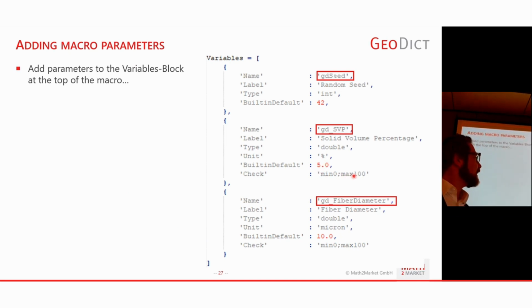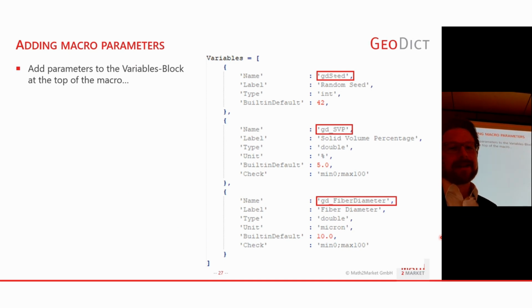In the check, you can specify a minimum and maximum value. What this does, if it's present, is it defines the minimum and maximum value that you can specify in the training data generation later. So there you want to specify the very limits of what you would ever expect to have to generate, the minimum and maximum, to make it easier to use in the user interface later. And then we have fiber diameter, again a double variable with a unit micron, and that's mostly for documentation purposes. The unit that's here is ignored in the logic; it's just for documentation.